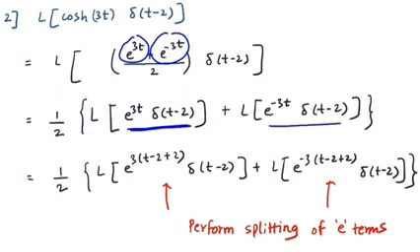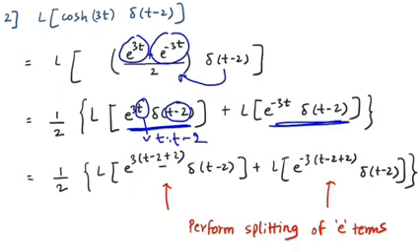This is the first function, this is the second function. Just multiplying the delta inside the bracket and you will get the two functions. Now when you are finding the Laplace, please note the time here is t minus 2, the time here is origin. So if you want to find the Laplace, you have to do the manipulations to use the Heaviside shifting property. So you have to change this t again to t minus 2.